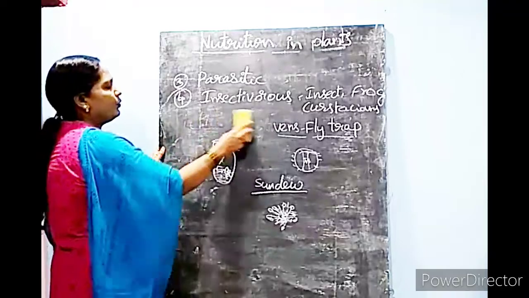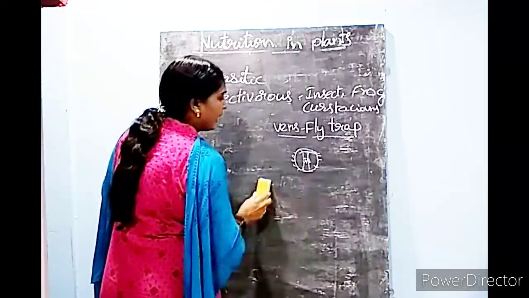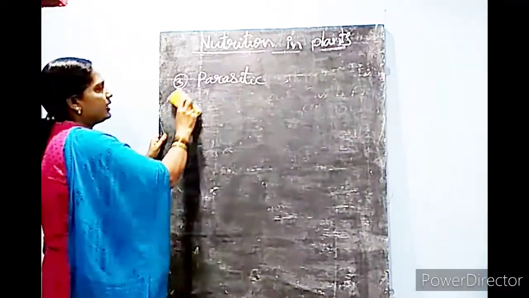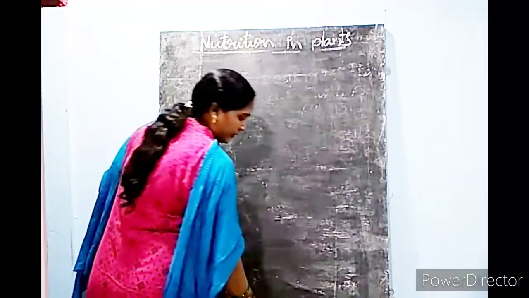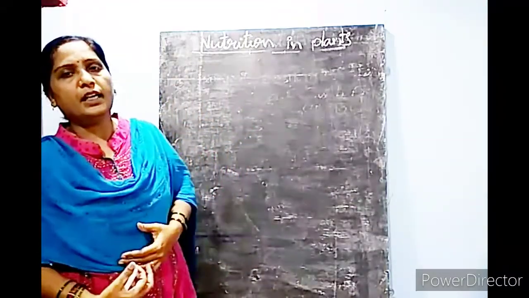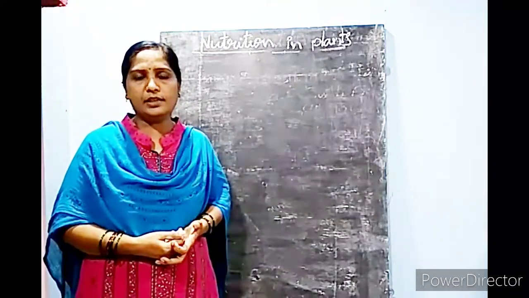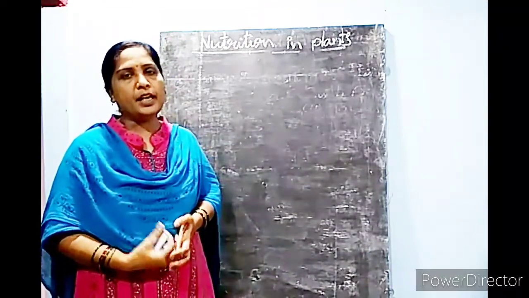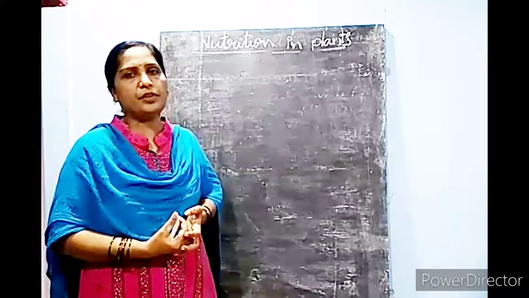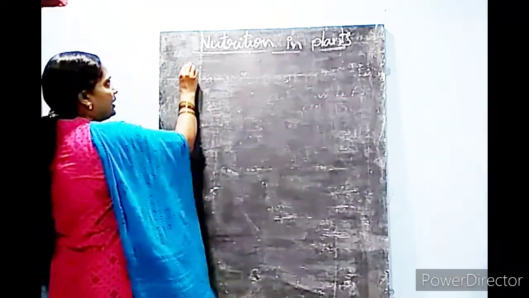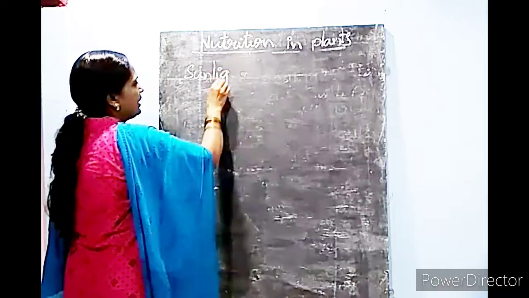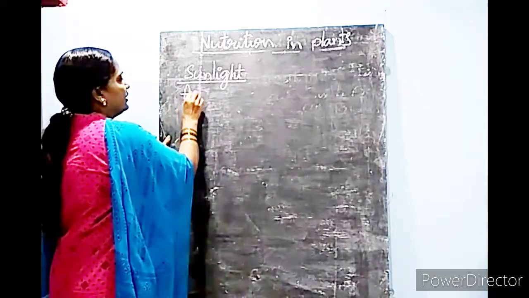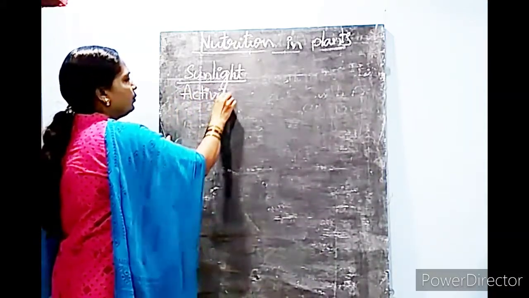Okay children, now we will do some activities to see how the raw materials actually help in photosynthesis. We discussed that to carry out the photosynthesis process, some raw materials are compulsory. Among all, the ultimate source of energy is the sun. So sunlight is necessary for photosynthesis. How can we prove that? To prove this, we can do one activity.